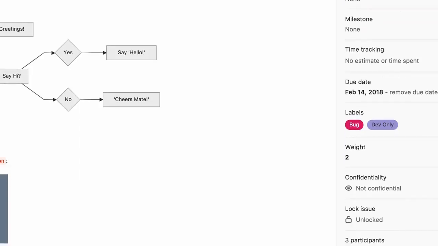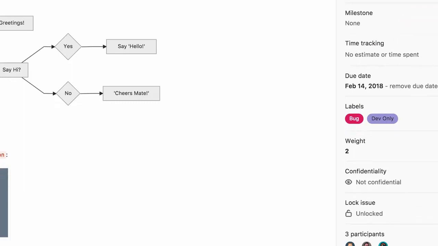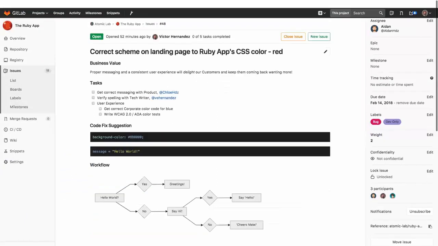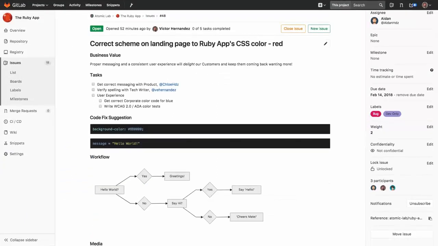And I'm tracking it in terms of the labels themselves. It's a bug, I think. It is dev only. Nothing else required from our customers right now. And we're doing some relative sizing. So compared to other items in our backlog, it's a 2. Not too big. I believe that this is right depending on the types of changes that have to be done at the code level. So that's me, the dev team lead, having entered one item in our backlog as part of that planning process,